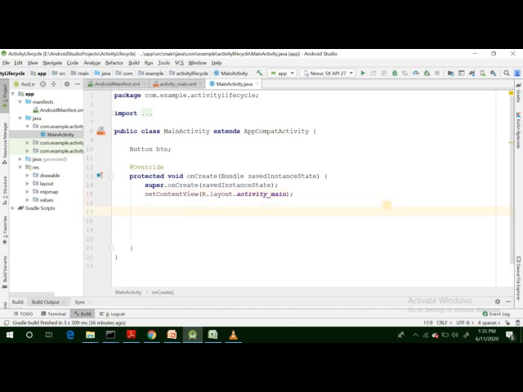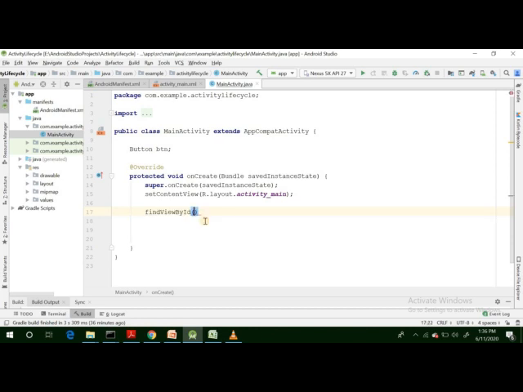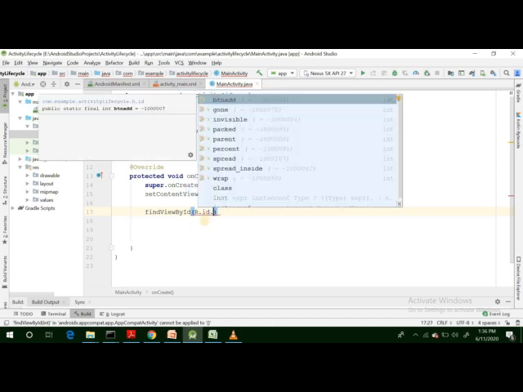So how can we get it? There is a simple method available inside this activity, whose name is findViewById. What does it take? It takes the id as an input. So we will give the id as an input: R.id. and whatever name we gave to the id of the button in the layout file.